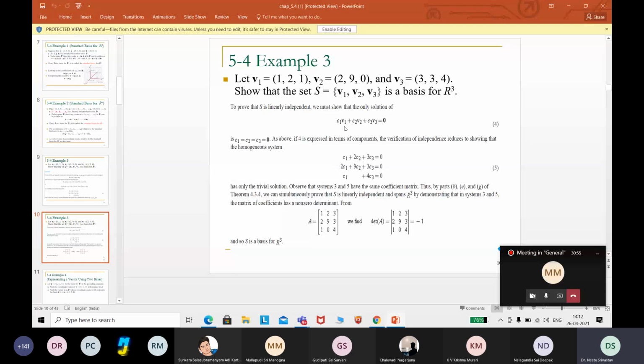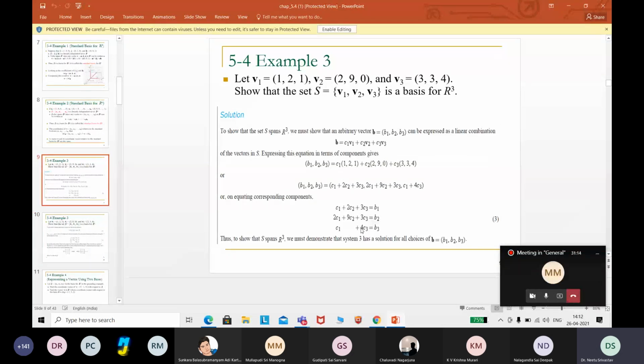Now, the previous system you have, see the left side is similar in both cases. The only difference is in the right side. B1, B2, B3 is appearing, which is a non-zero component of a vector, because we are not proving that the set is spanning for one case. We are proving it for all in general. So that is why we have taken B1, B2, B3. It is of any type.